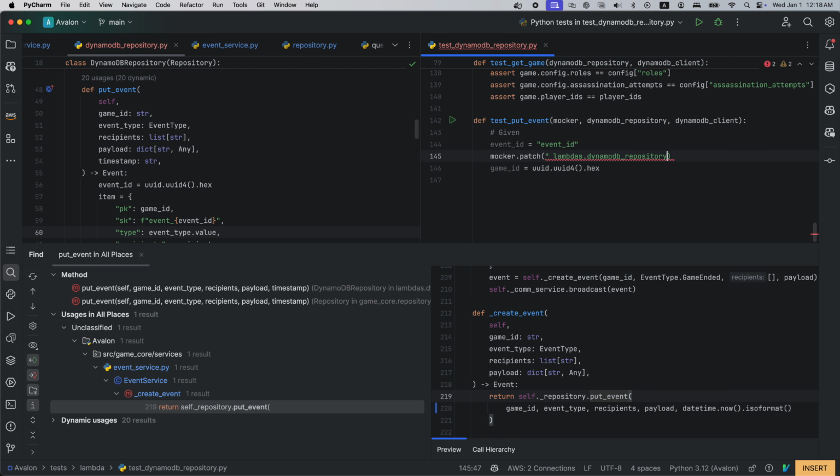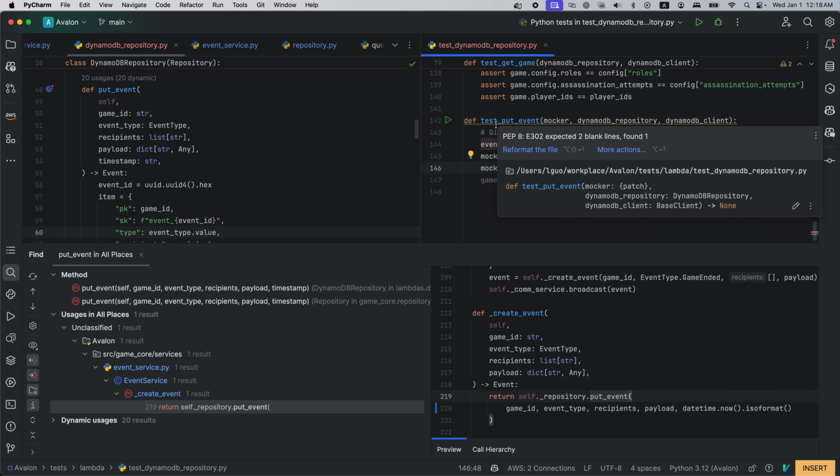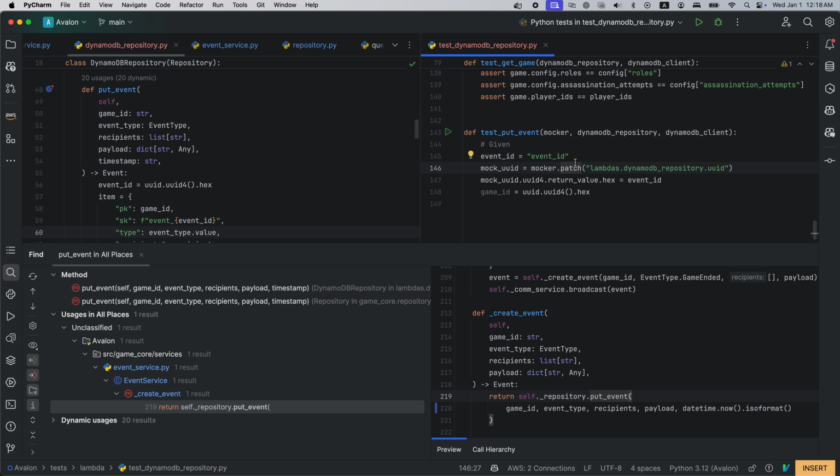We'll have to patch the DynamoDB repository, so in this case so that it is that why this is formatted for me? Why? Interesting.